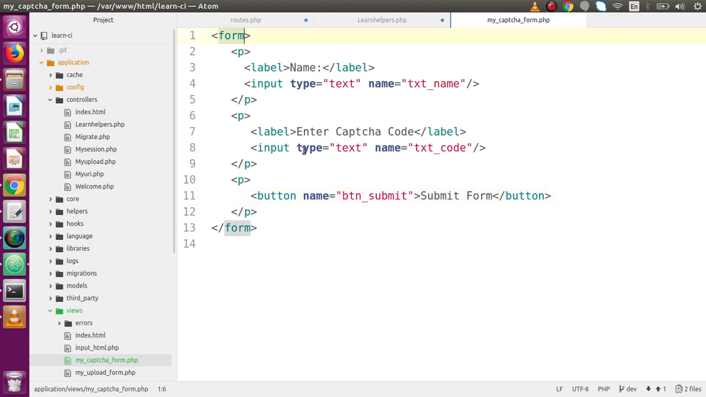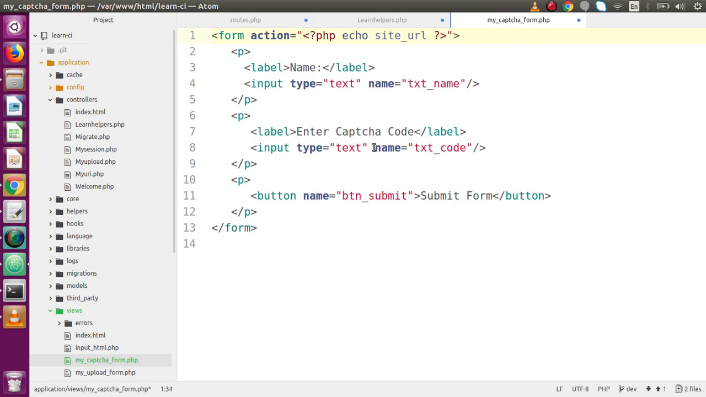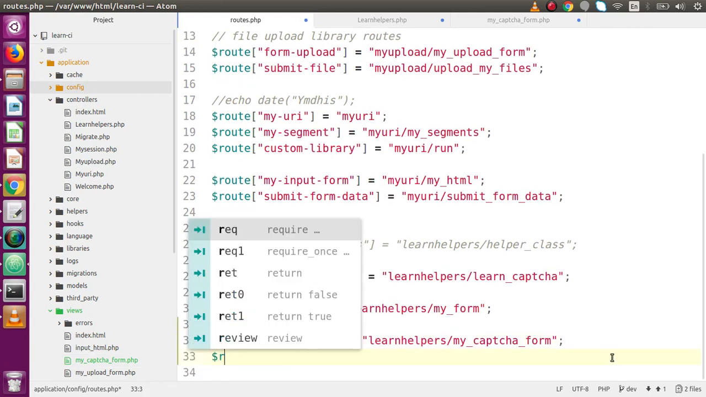Now inside this form tag, I'm going to pass some attributes, and the first attribute is called action, and this is all about the URL where we are going to submit this form. So inside this I'm going to pass this site URL, and inside this URL firstly just back to our routes.php, and let's say route,